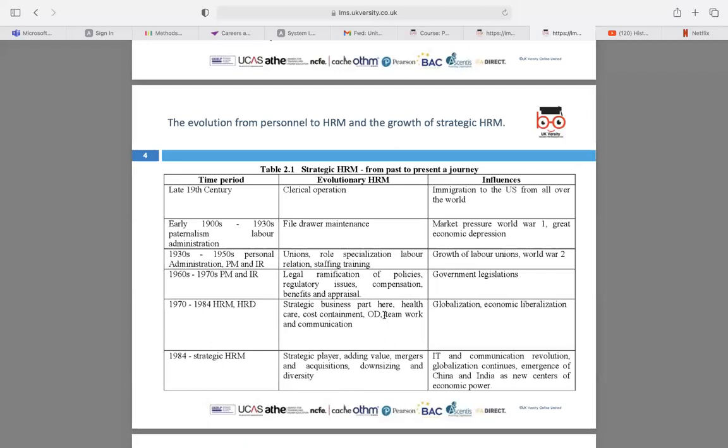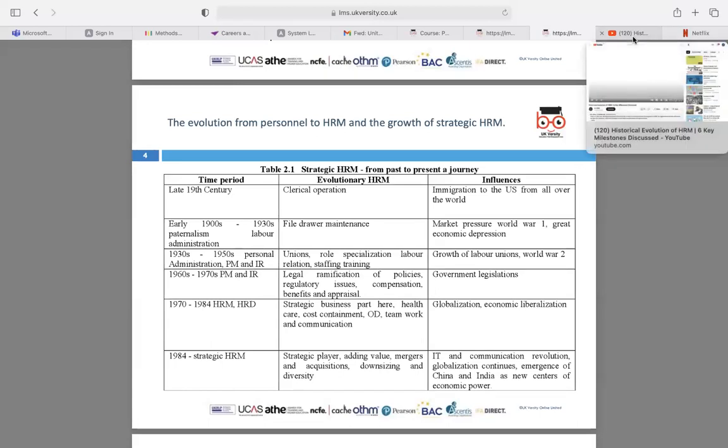So there were so many people moving to the US, because of which they decided, all right, we need to sit and document everything. That's how the evolution started. I have a quick video on this as well that shows the evolution and the specific changes that took place. We're going to go through this table later. I'm just going to show you the video first. Do let me know if you cannot hear the audio over there.